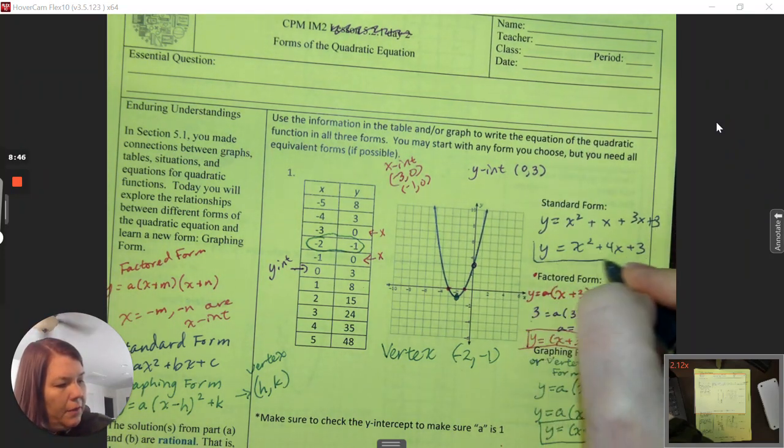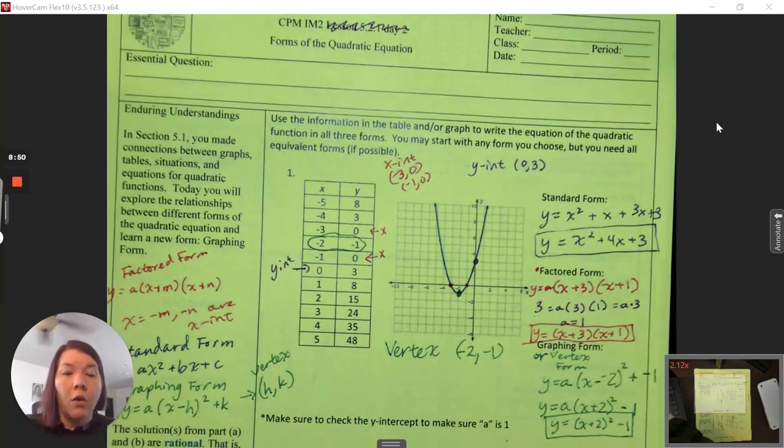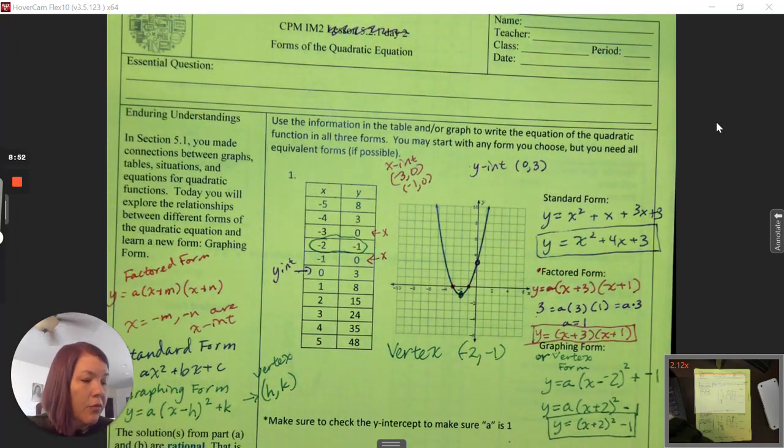Okay. So those are the 3 forms. So that is the goal of our work today, is there are 3 other equations, is to take them and change them. The solutions from part A